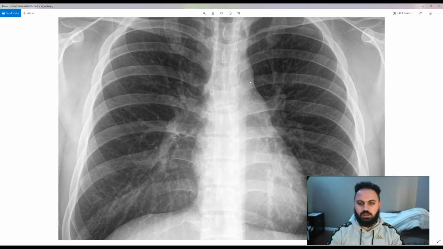You want to look at the AP window. You want to look at the left heart border. A lot of the times you can tell if something's abnormal when these actual outlines are abnormal. The right heart border is nice and clear. If there's a consolidation that's abutting this and obliterating the left heart border, it'll tell you where